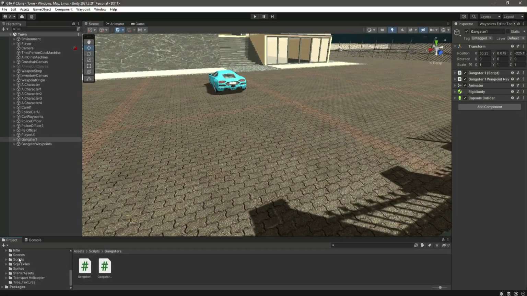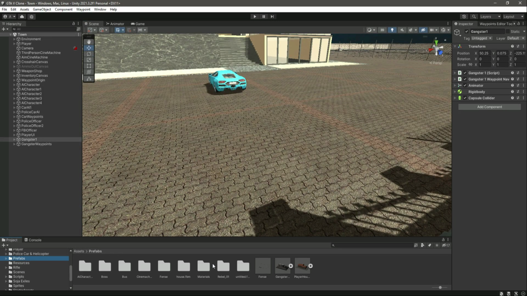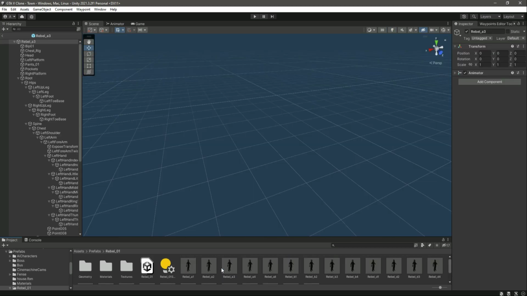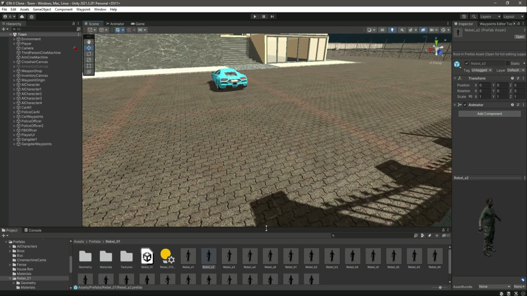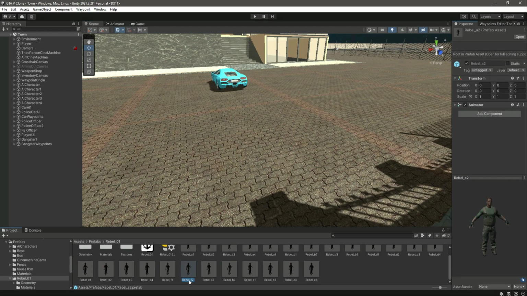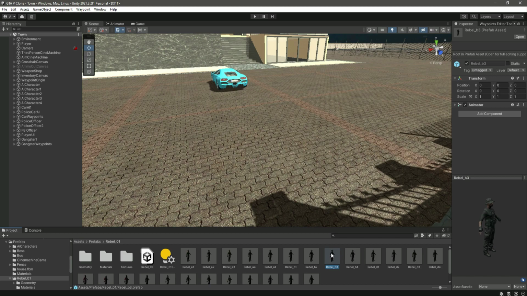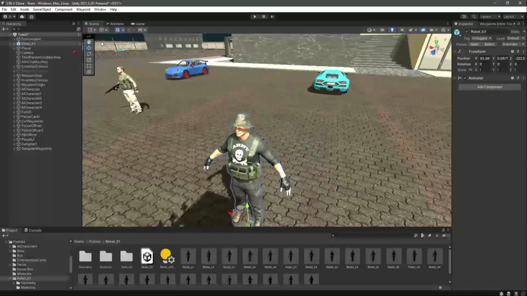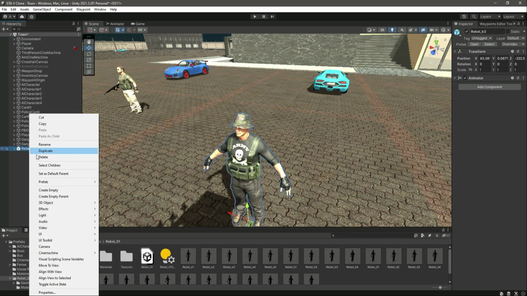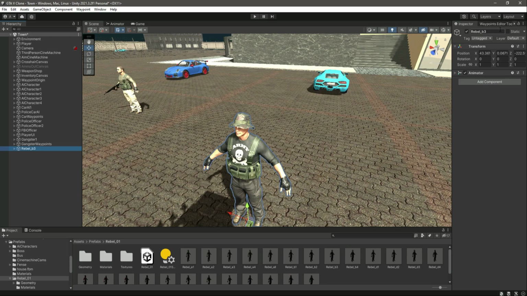So let's go ahead inside the prefabs, then rebels, and right here as you can see there are many rebels, so just select one of the rebels from here. For example, I will select this one, then just drag and drop him right there. Okay, let's move him down, click on prefab, unpack completely, and let's name this as Gangster 2. Let's move him up there,